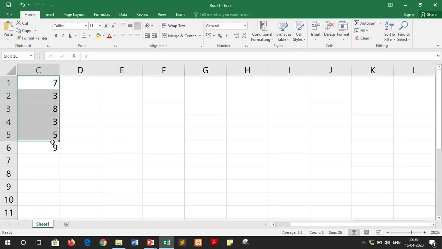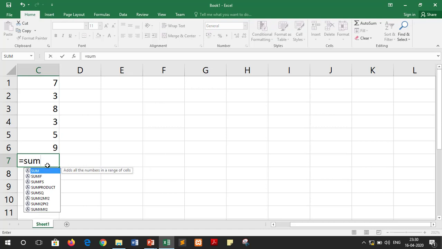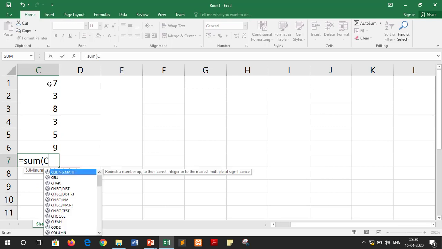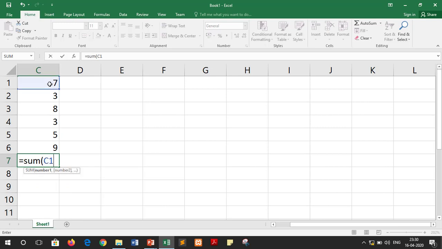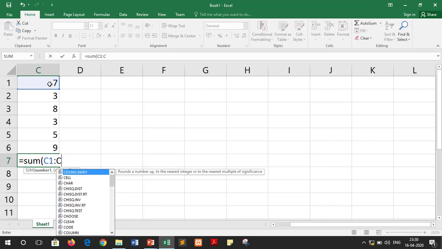Suppose we have these few numbers that we have to add. For adding these numbers, we can write a very simple function like this. We can write equals to sum, and in brackets we have to pass this cell range, which we write as C1 colon C6.